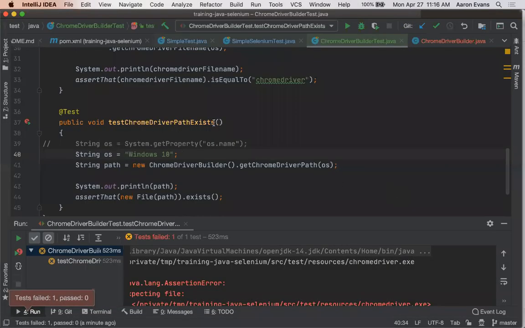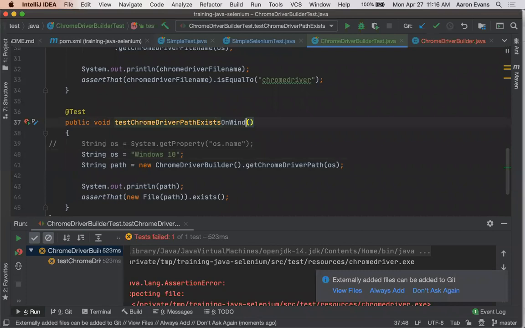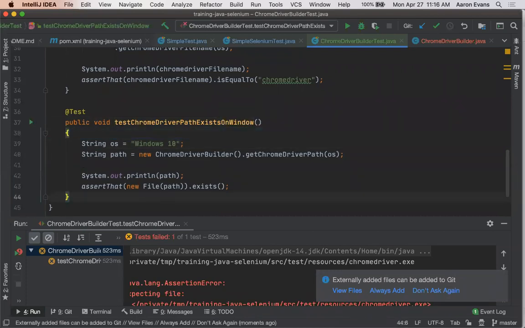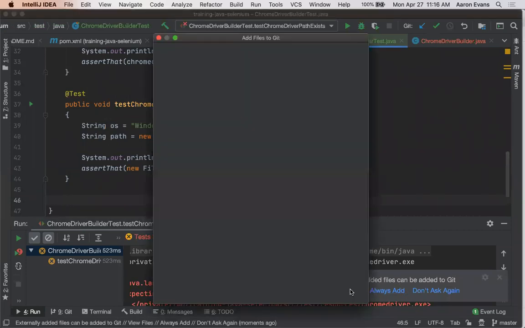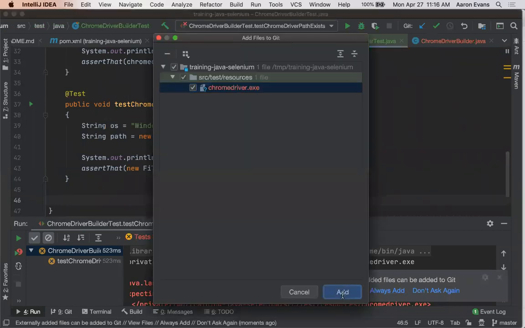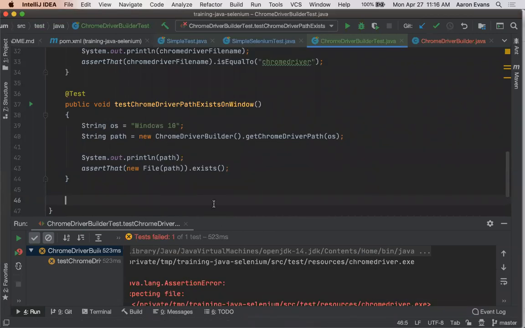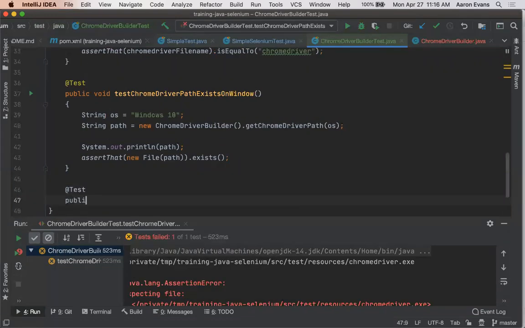We'll add this on Windows. Let's view the files and add, yep, we want to add chromedriver.exe. Although adding chromedriver.exe or the Chromedriver for Mac to my test library is not really the best practice, for simplification purposes and because GitHub is free,